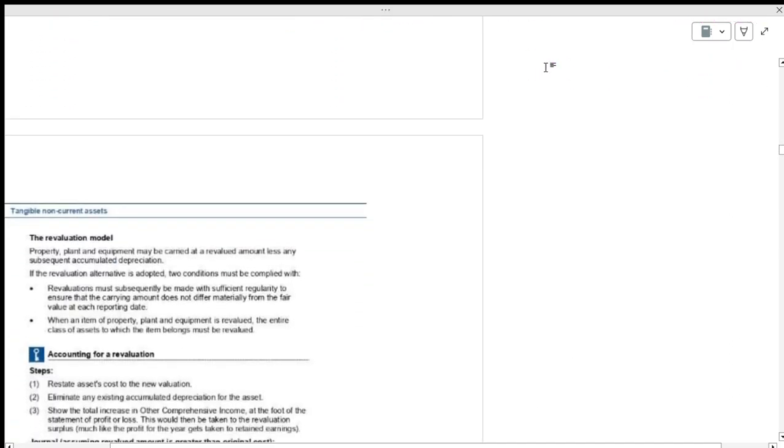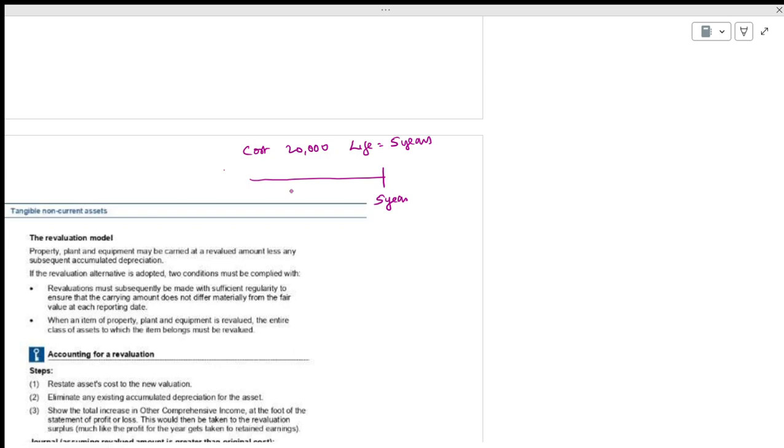What is the revaluation model? The revaluation model is when you revalue the assets. See, you have a cost of 20,000. The life is going to be 5 years. Now you have taken an asset for 5 years, and in between, after 3 years,